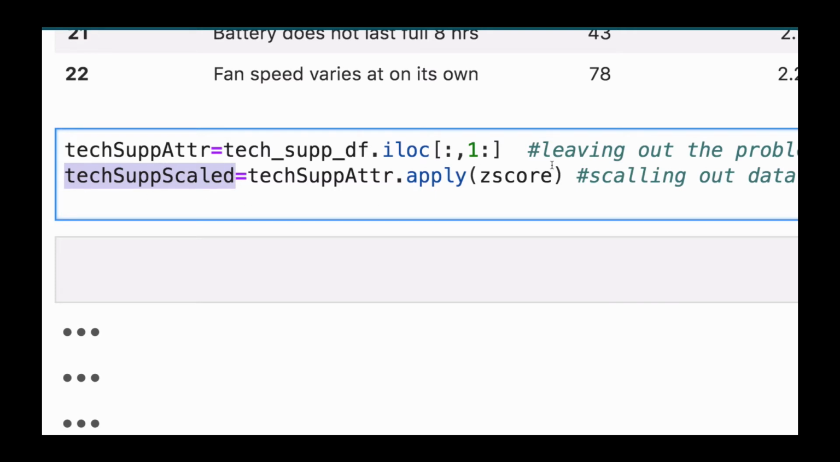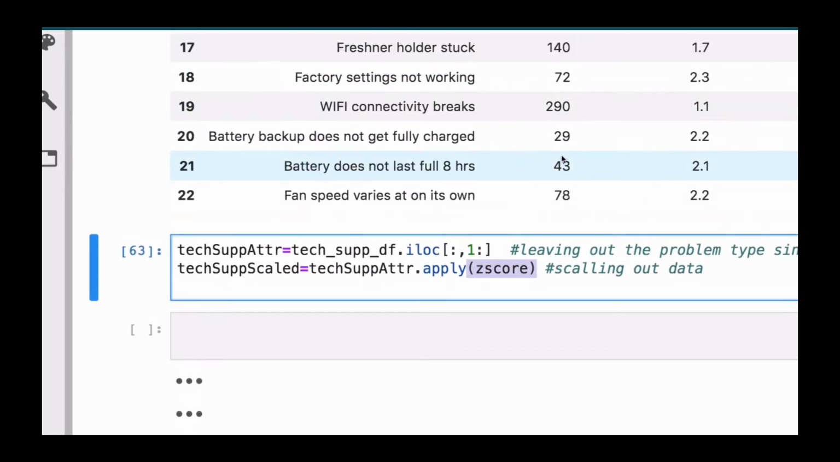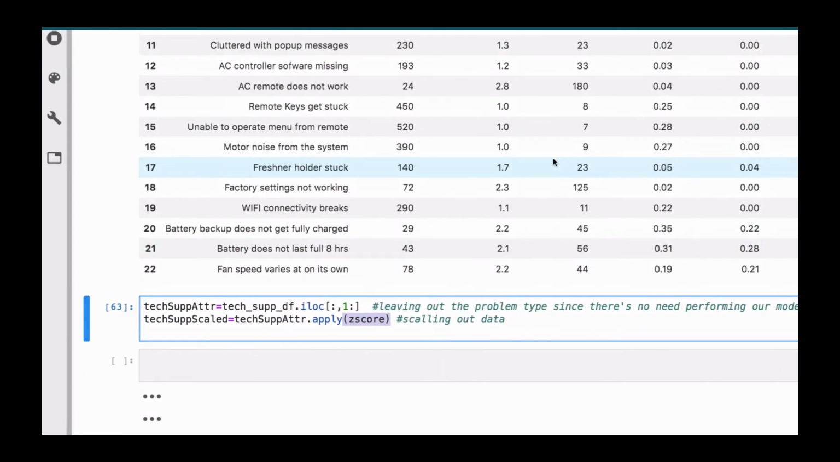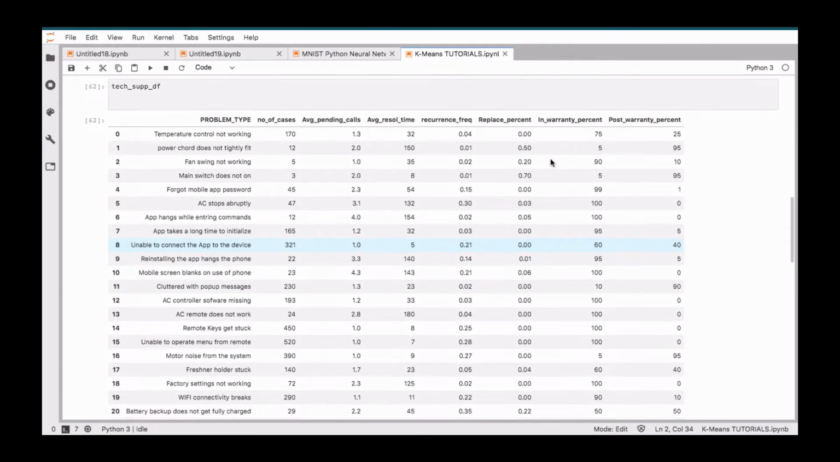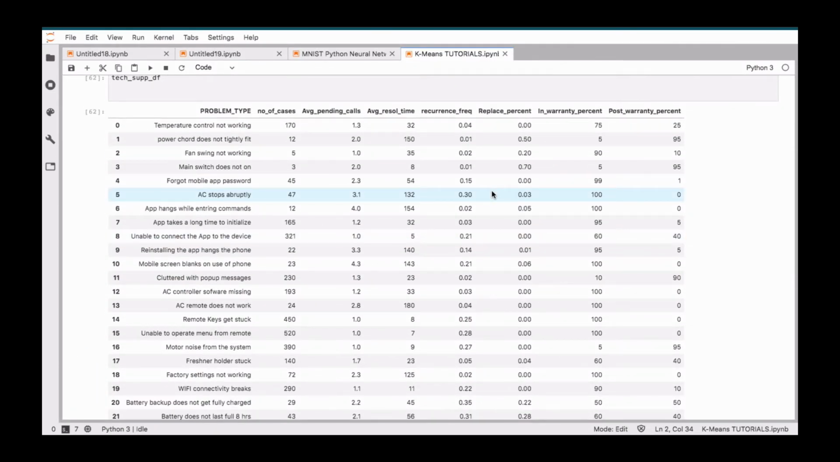I know by now you know why we're applying the z-score. If you watched the previous video, you understand why we need to scale our data. So just to brush off, let's see how our data is and why we are scaling it. Let me bring this pen. If you see what we have in here, you can see that we have some values which are very large,